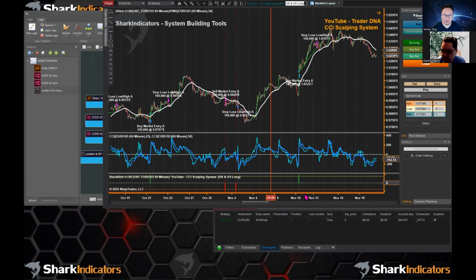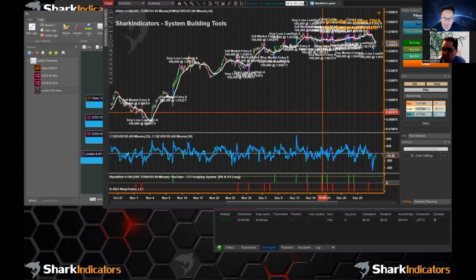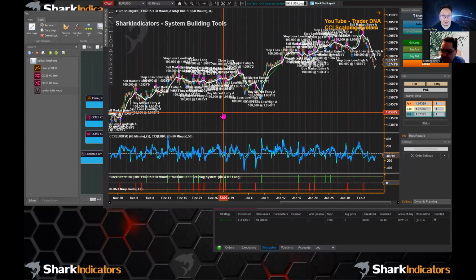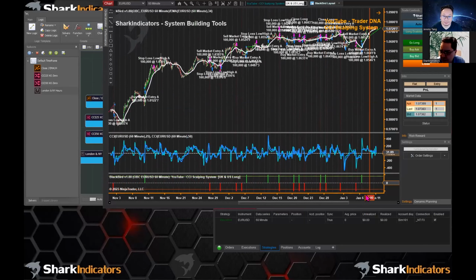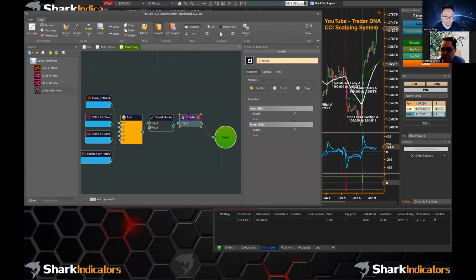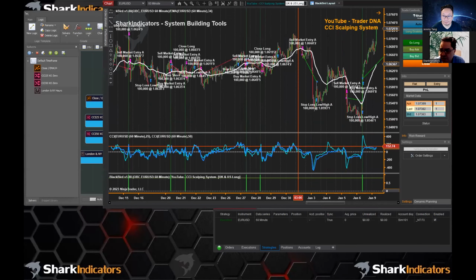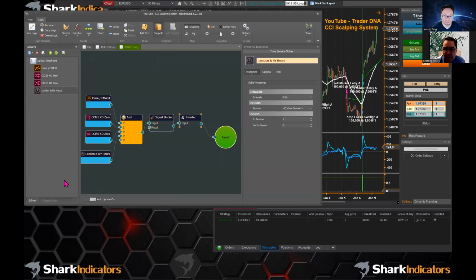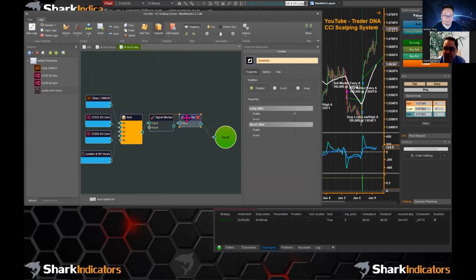I think I just saw you click the enable on the short just before. I did. I was trying to get to an area where we can see both. There we go, so there we can see both long and shorts. Now I could just turn off the shorts, and now I have longs only. I'm using an inverter to do that, since it has enable long or enable shorts. So that's a quick, easy way to do that.